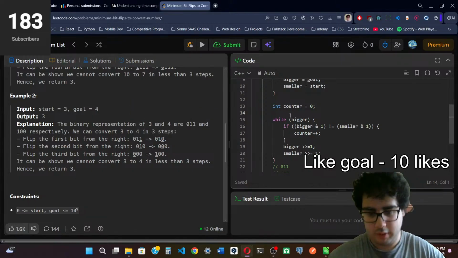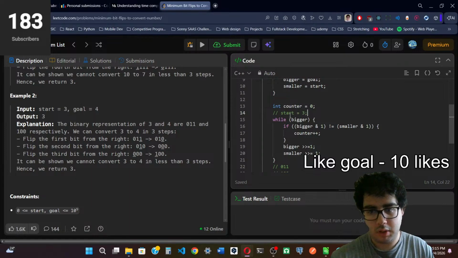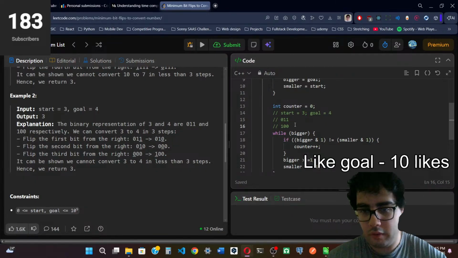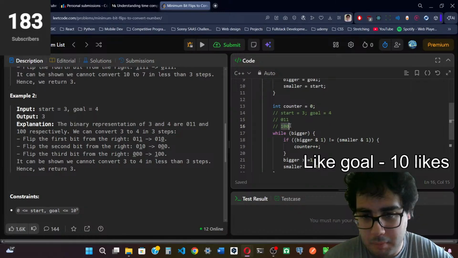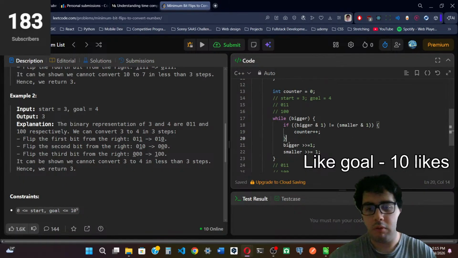Okay, so let's say for start equals 3 and go equals 4, that is gonna be 0 1 1, and that's gonna be 1 0 0. Okay, so in the first case, the first bit, as we can see from right to left, is not the same. So this one is not equal to this one, and then we increment the counter,